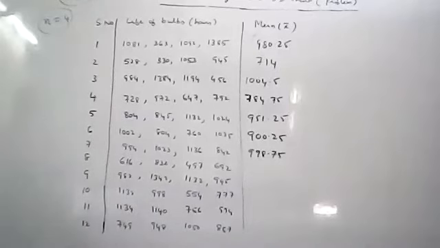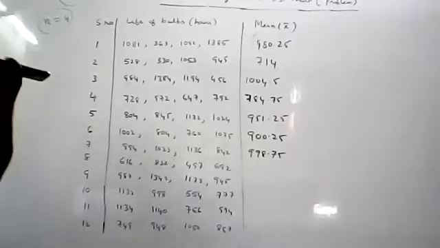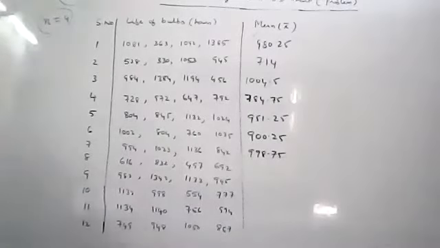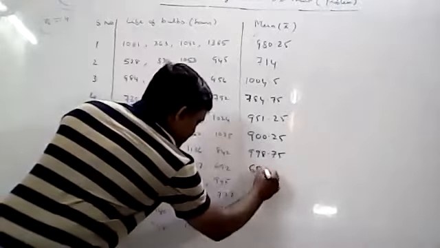Next, 8th sample. And anyone can do 8th sample? 616 plus 832 plus 497 plus 692, divided by 4. Press the equal to button and then divide by 4. If anyone got the answer, please respond. Yeah, 659.2. Yeah, it is correct.